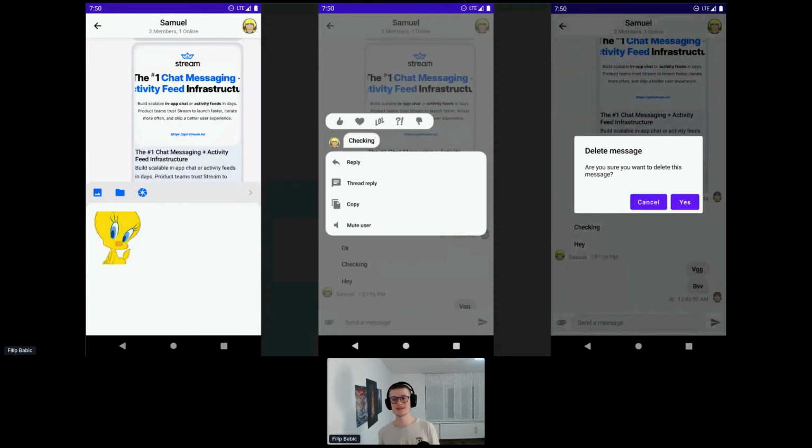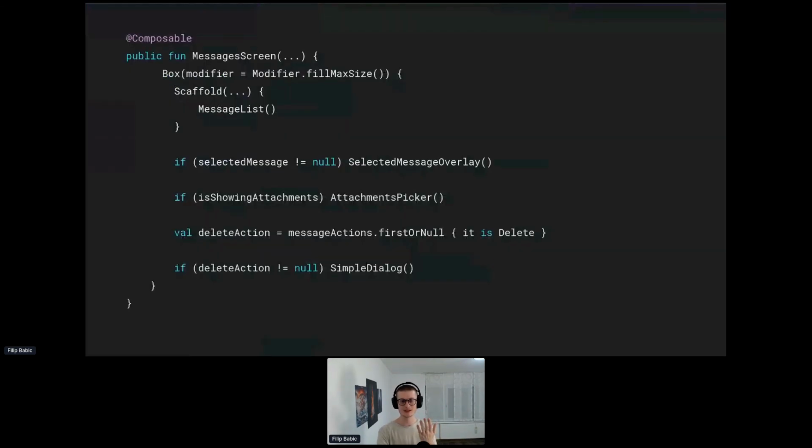And finally, we have this dialog pop-up, which is a very simple dialog that gives you the option to delete the message if you own that message. So all of these three components, even though the interactions between them might be complex, and the state might be different based on when these components should show, they all live at the same level, as you can see here on this line, which makes it really easy to observe what state you can use to show different components, what components show and when.